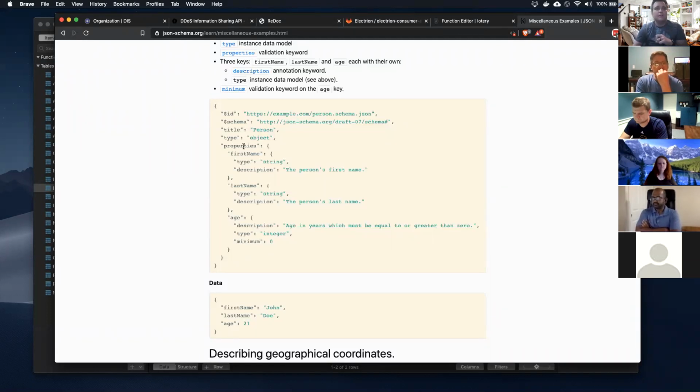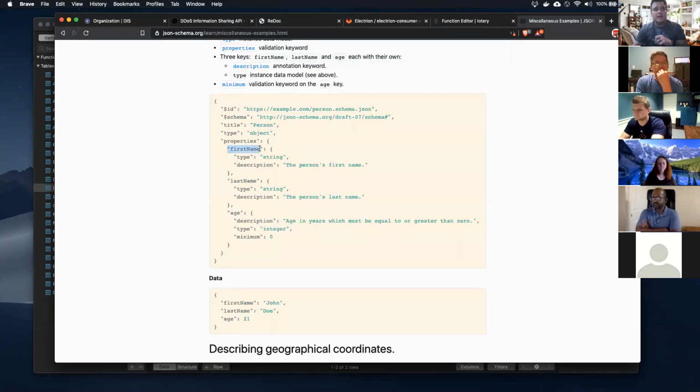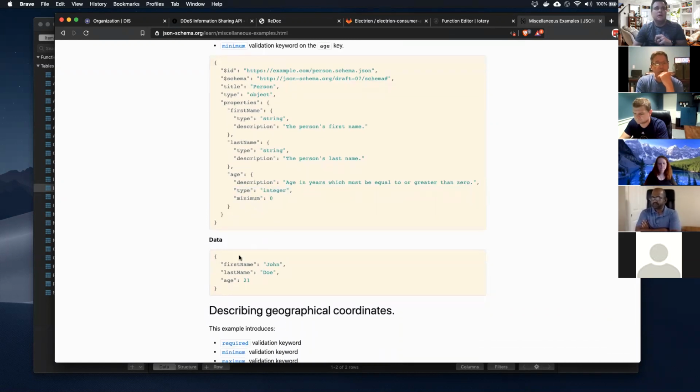The properties within this are first name. First name is of type string. There's a description here, things like that. Age would be an integer. You can define minimums and maximums. And then this is the data that you would send that conforms to this specification, right? Pretty straightforward. We're used to this type of thing.